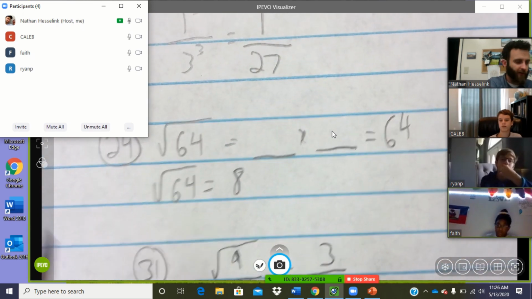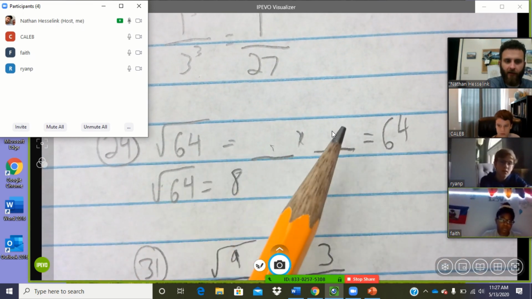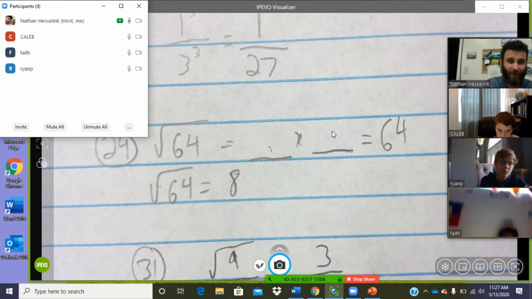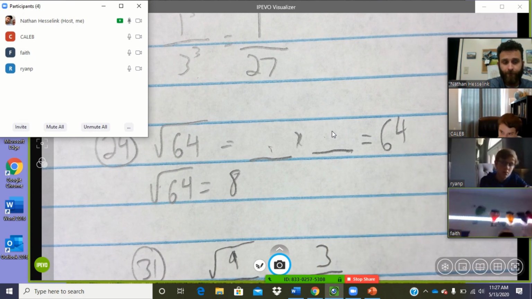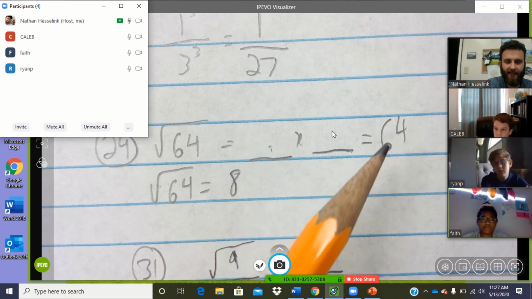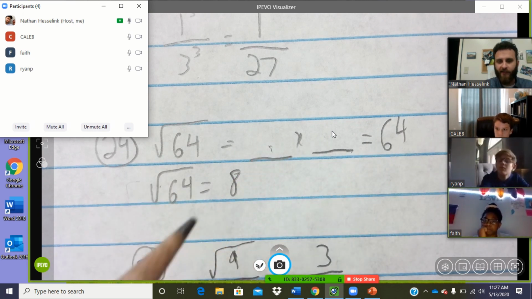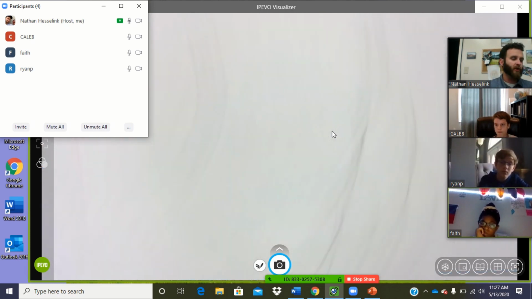So the square root of 64 is asking what number times what number that is the same number equals 64. So we talked about 8 times 8 is 64. So the square root of 64 is the answer 8. Okay? To show you this visually,